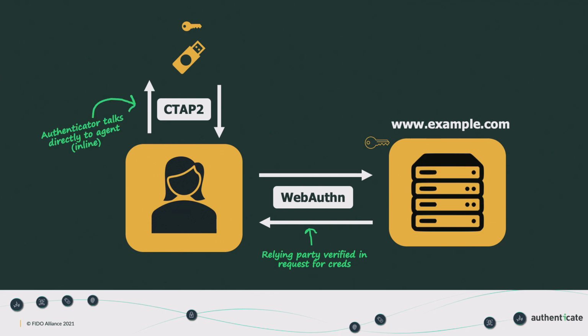Right? That's what CTAP is giving us. So WebAuthn talking to the browser saying, OK, go invoke your platform to go talk to hardware. So now I'm able to go in and do this enrollment process in a way that nobody can get in the middle of it. So that's pretty awesome, right? I can